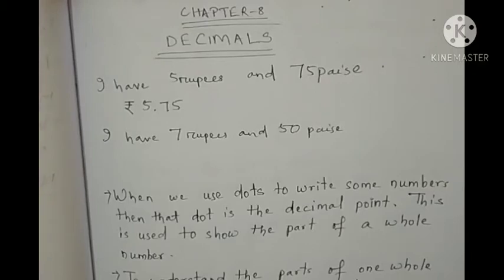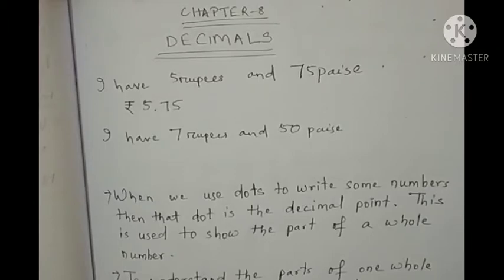Okay, so we have studied different types of number systems, like counting numbers and whole numbers. Then we have studied fractions also. Today we will study decimals. Decimals mean that with this also we will write numbers. We are easily writing fractions, so like that we can easily write fractions in decimals.